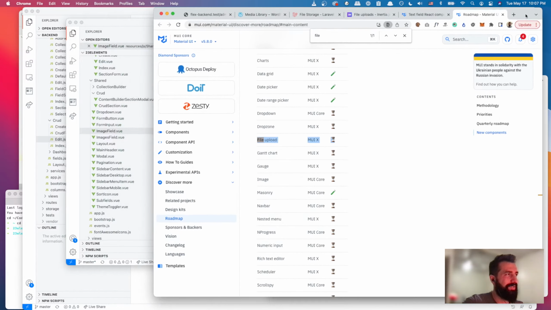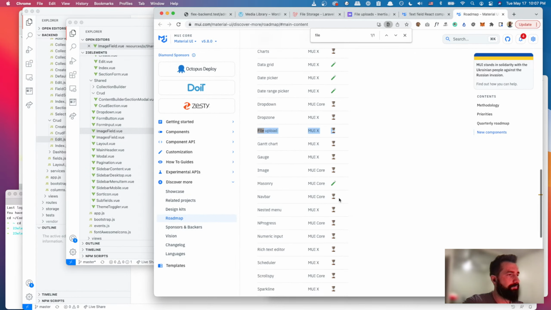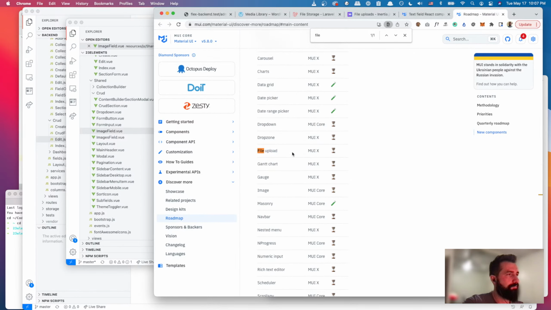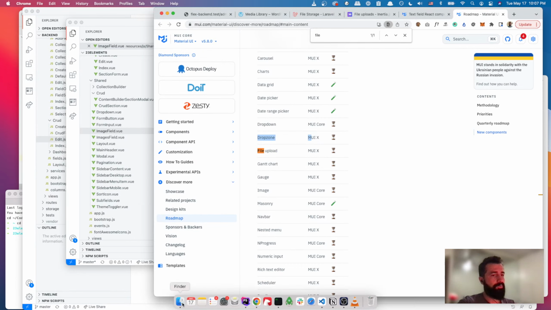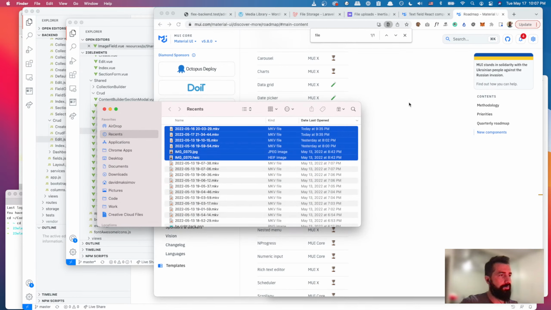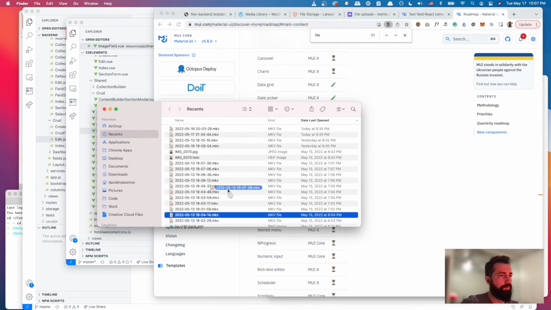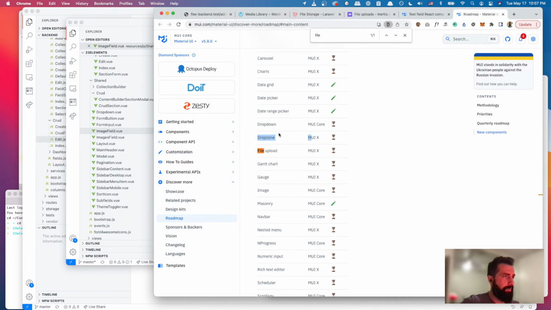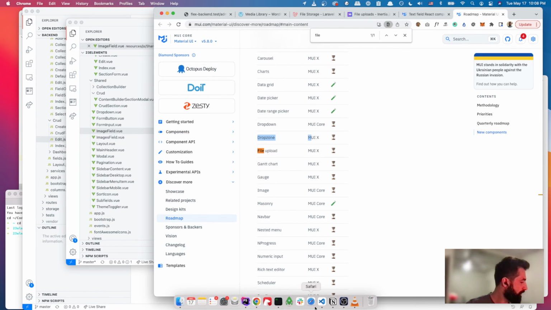Now that I'm thinking about it, yeah, it's not too big of a deal. The drop zone would be nice actually to have, because that'll allow people to just drag files from their Finder window into the browser, and it'll just pick that up. But for now, what I'm thinking about is, and this is actually where I'll use pen and paper. I wish I could show this, but I'll just have a button